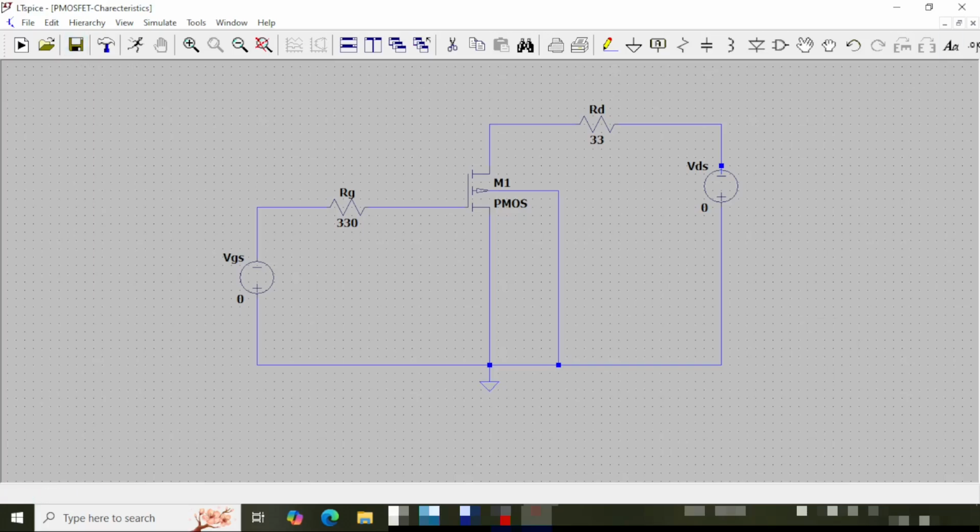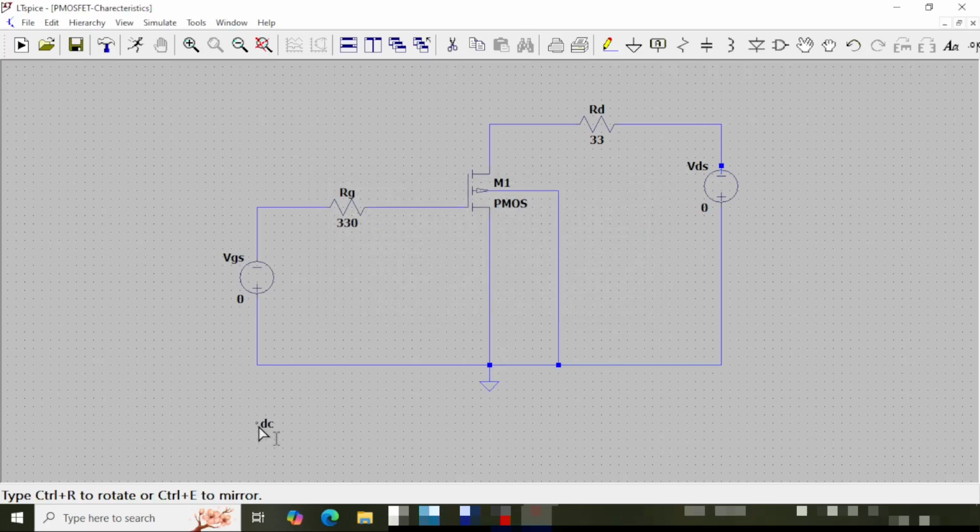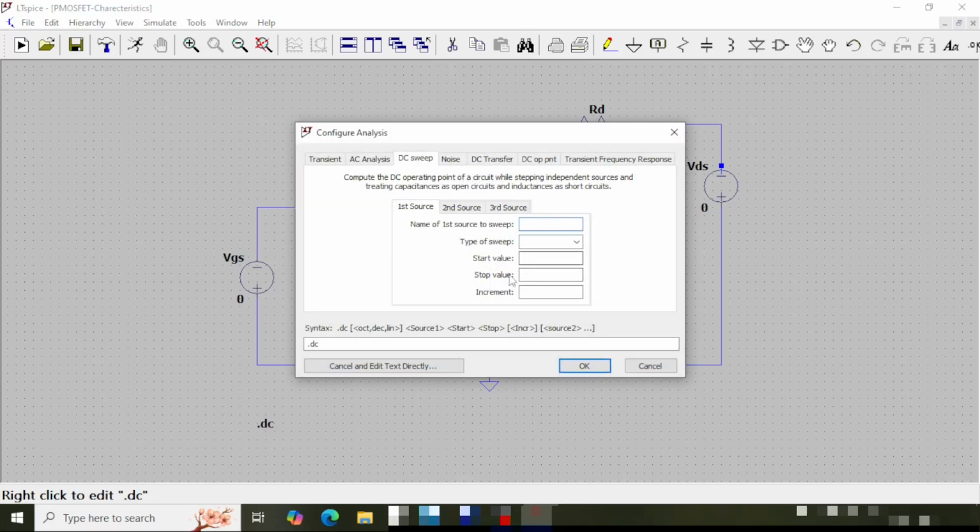I'll click save. Now I will click the SPICE directive. I'll give a .dc and place it here. Now I will right click. So for the transfer characteristics, that means IDS versus VGS curves, we will assign the first source as VGS, declare the sweep type as linear, start value will be 0, stop value will be 5 and increment will be by 1. And the second source is